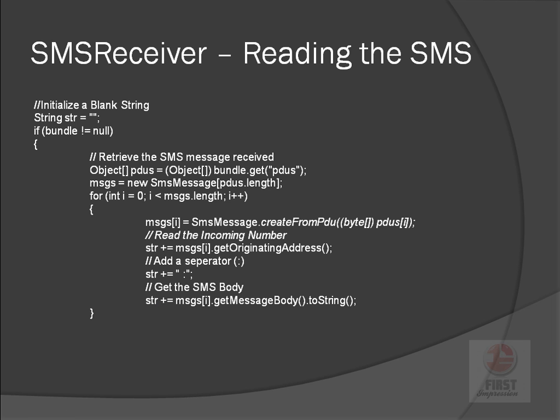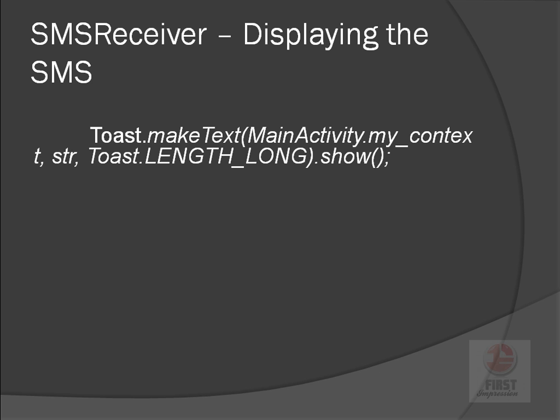Once the string is set up, then we'll say Toast.makeText(MainActivity.myContext, str, Toast.LENGTH_LONG).show(). MainActivity is the name of our main activity. myContext is a static variable inside the main activity which contains the context of the application, comma the str, that is the string which we set up in the previous slide. Toast.LENGTH_LONG will show the toast at the output. .show will show the toast